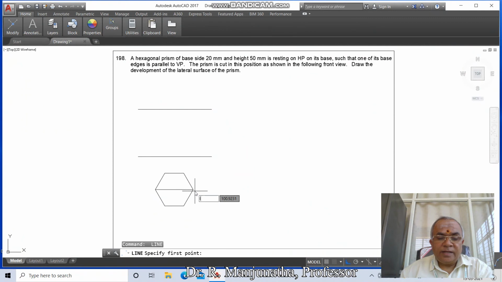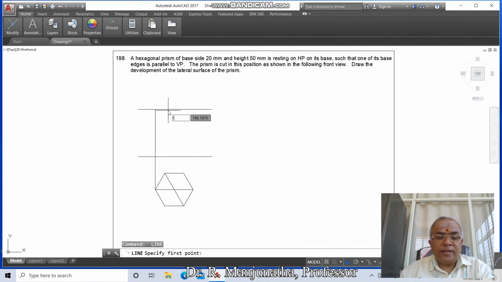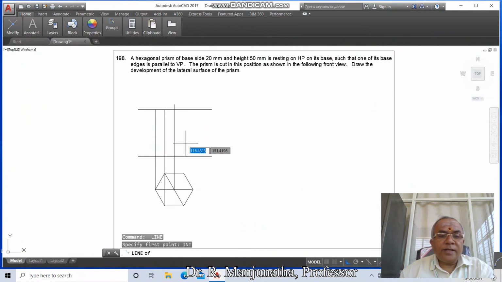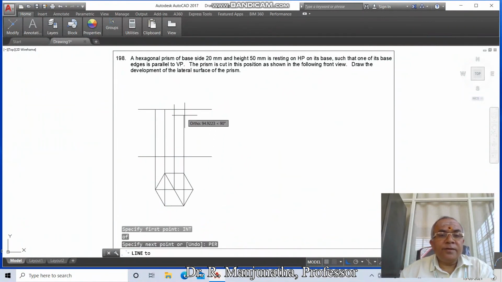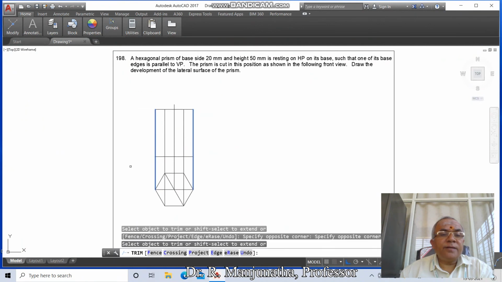then go to line, take INT of this and take INT of this, and then go to line, take INT of this and take intersection of this, then go to line, INT of this and take perpendicular to this, then go to line, take INT of this and take perpendicular to this, then go to line, take INT of this and draw a vertical line, then go to line, take INT of this and take perpendicular to this, then go to line, take INT of this and draw perpendicular to this, then go to trim between these two, select these two and trim it here and trim it here,